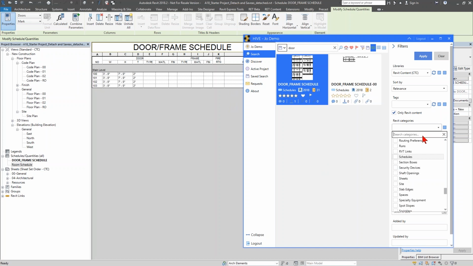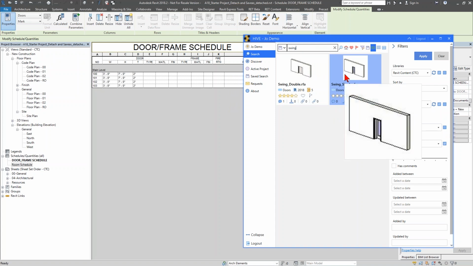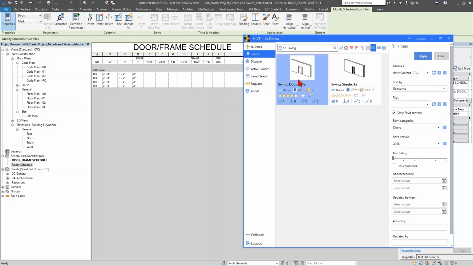Now let's say I also wanted to maybe find doors. So I'm going to type in door here. I'm going to filter for just doors. I'm going to find specifically my corporate doors out of my library. And maybe I'm looking for, I don't know, swing again. So these two didn't show up earlier as high on my list. Maybe they weren't used as much. Maybe they weren't considering them as relevant. I don't know, whatever. But I wanted to take this door and actually bring it in because I know these